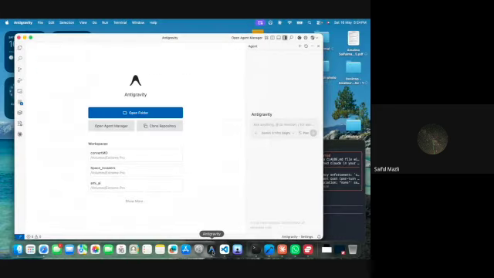Fortunately, however, Antigravity from Google is free, and it works more or less the same way as Claude. And so you can try it. You can download it. I think everybody has a Google ID. If not, just sign up for a Gmail ID and you will be able to use it. They give you a little bit of time for it, some tokens for you to try. It's not great. You won't be able to do a lot, but it'll be enough for you to just give it a try.